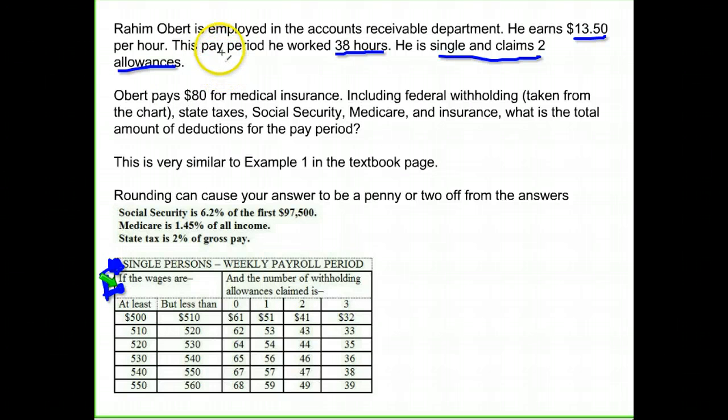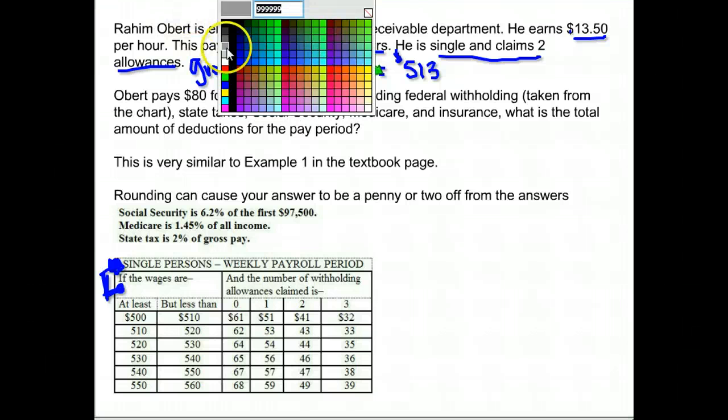First, however, we need to find out how much his gross pay is. In the last one, it told us his gross pay. And here it just tells us what his hourly pay is and how many hours he works each week. So remember, to find his pay, we would take his hourly pay, $13.50, times the number of hours he works. So we have $13.50 times 38 is $513. That's his gross pay, and we need to know his gross pay so we can calculate all